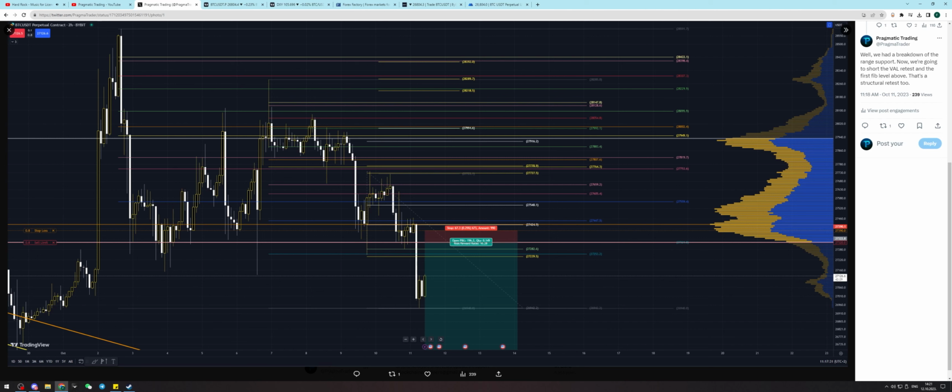What did I have to say? Well, we had a breakdown of the range support. This was the range support. Now we're going to short the value area low, retest, and the first fib level above. That's a structural retest too. So I have had some beautiful confluence in the zone here at